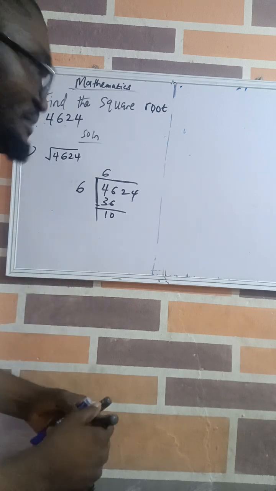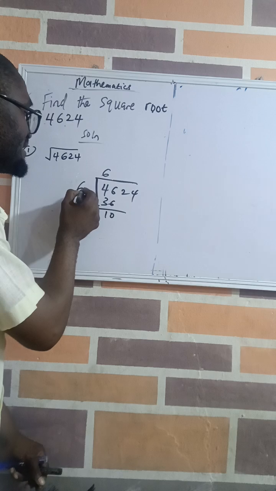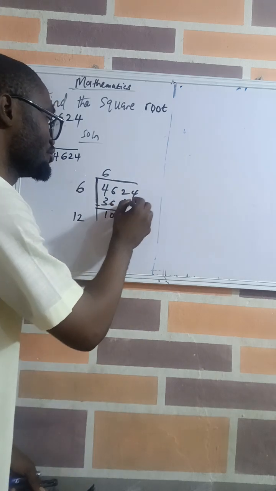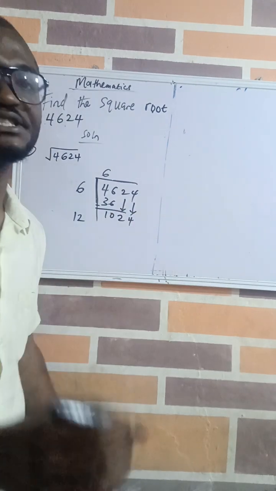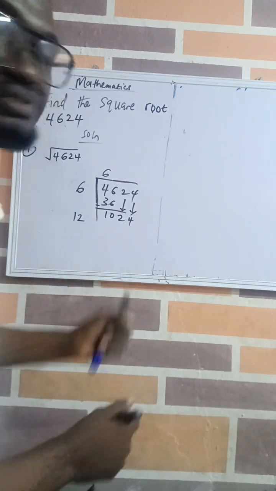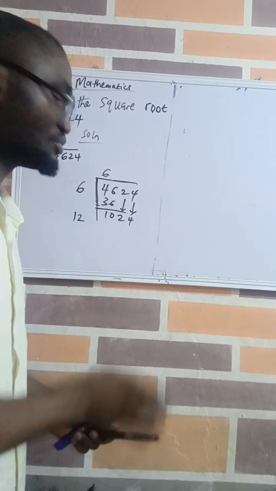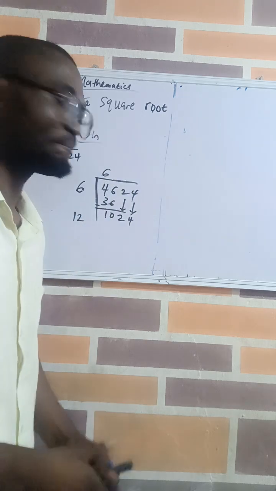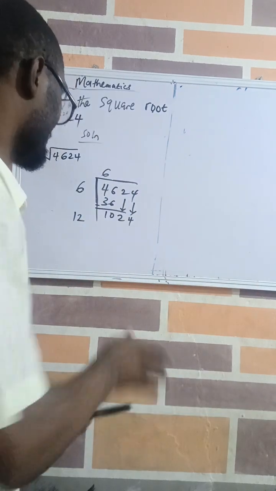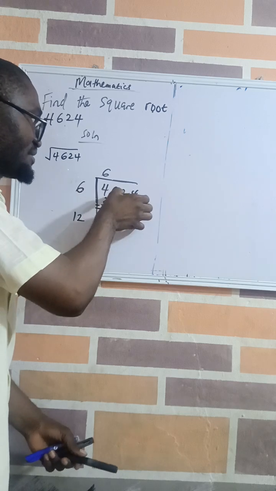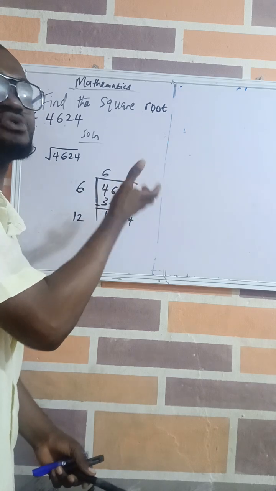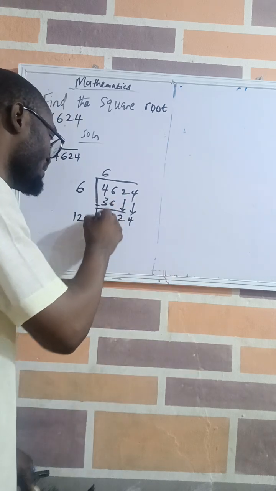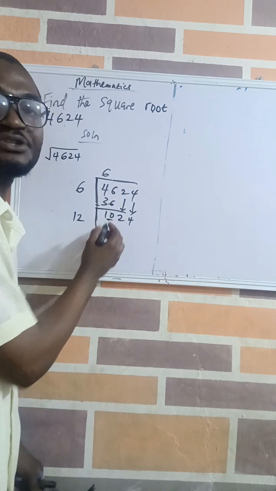Now, this is where it gets complicated, but it's very simple. Double this 6. 6 plus 6 will give you 12. Now, bring down these two numbers at the same time. Mind you, in a regular division, you have to bring the number down one after the other to join with the remainder. Even if there is no remainder, bring a number down one after the other. But in this case, since you are using this method to find the square root of a number, you bring these two numbers down at the same time. When you bring the two numbers down at the same time to join with this remainder 10, it will give you